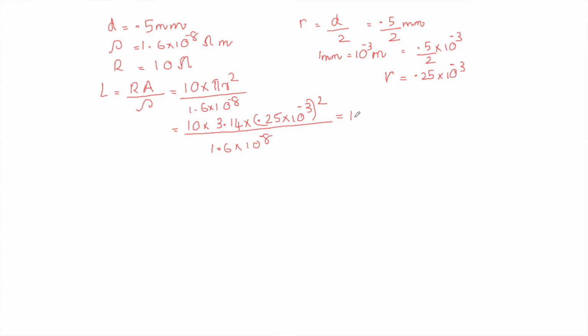Okay, so this will be 10 into 3.14 into 0.25 square, 25 square it is 625. Here 2 decimal points, so in squaring it will be 4 decimal points. 10 raised to minus 3 whole square is 10 raised to minus 6 by 1.6 into 10 raised to minus 8. Now you should multiply these all and you should divide with 1.6. Okay, then you will get